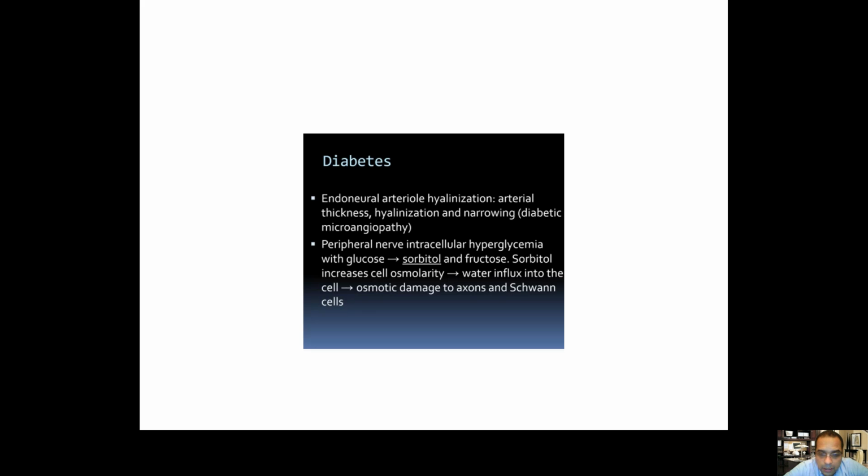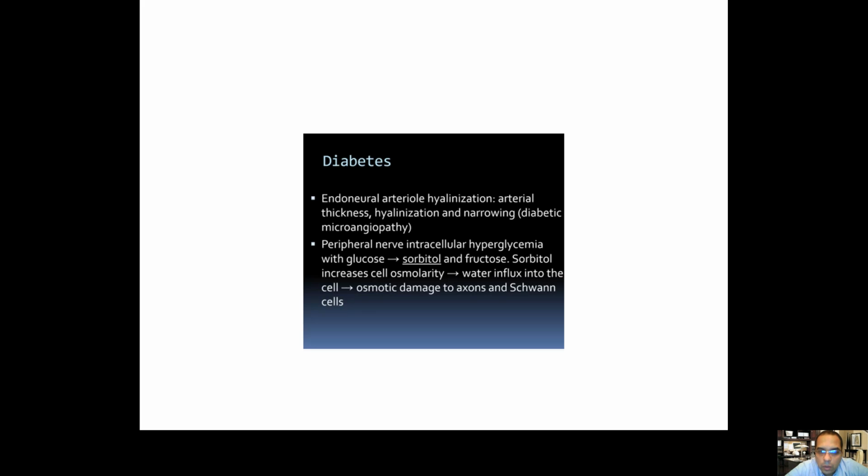Actually, it can be either sensory or motor, so it's a mixed type of neuropathy. But usually, what happens in most people with diabetes is sensory neuropathy. So it happens in a large percentage of patients. Some people with poorly controlled diabetes, where their diabetes is really bad, start complaining of some muscle affection and motor neuropathy as well. But basically, in diabetes, we have this